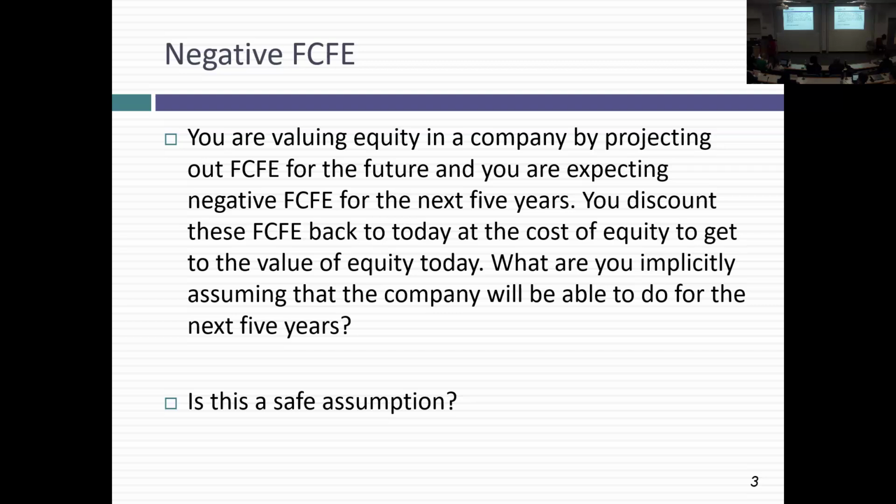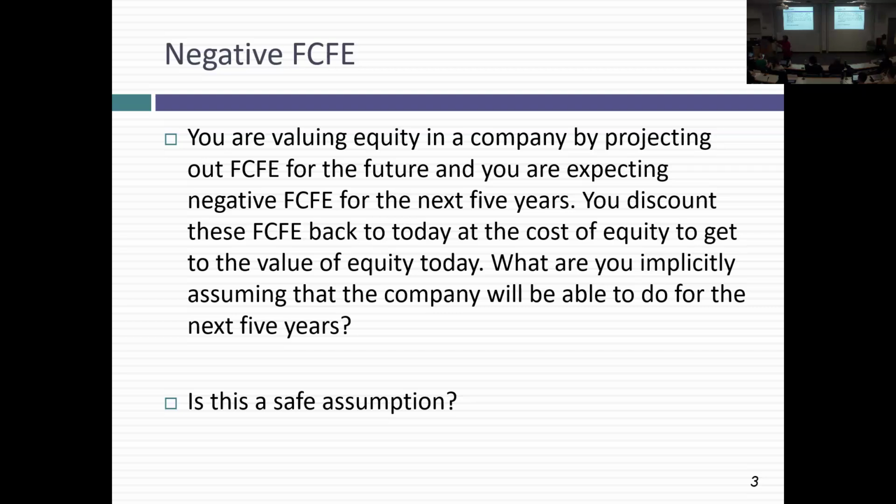I have a negative free cash flow to equity of minus $1 billion in year 1. What am I implicitly assuming the company is going to be able to do? Yes? Not run out of cash in that time? Well, more than that, right? It's not just run out of cash. They have to go out and raise $1 billion in capital in year 1. Year 2, another minus billion, another billion in cash. Year 3. So implicitly, not only am I assuming I'm getting the free cash flows right, I'm assuming that the